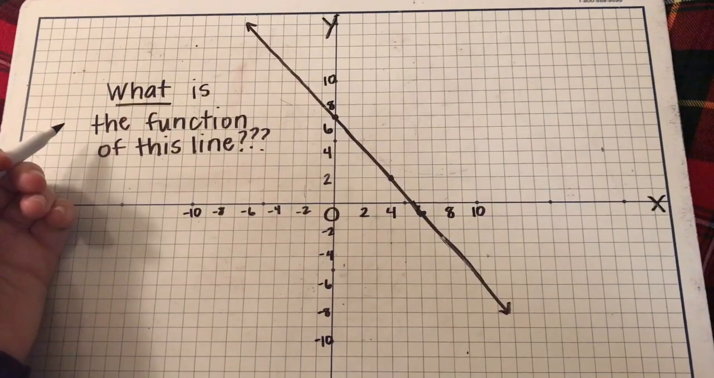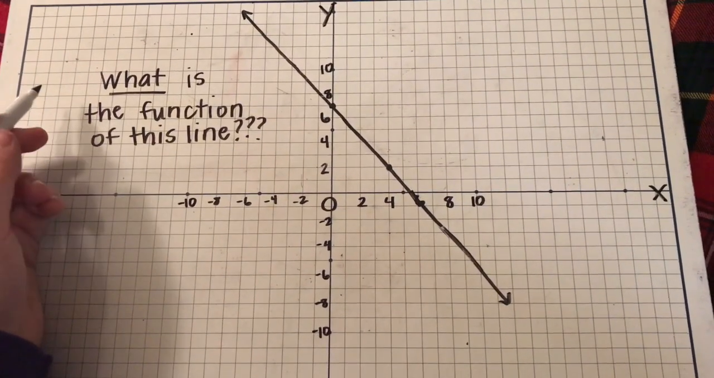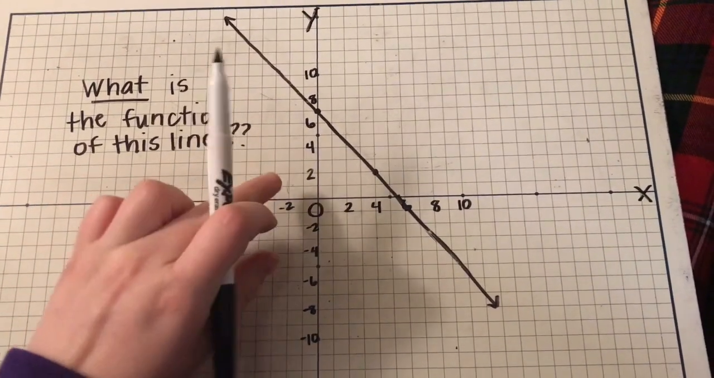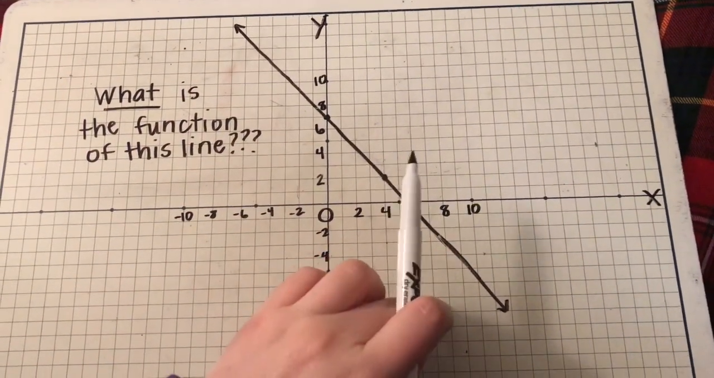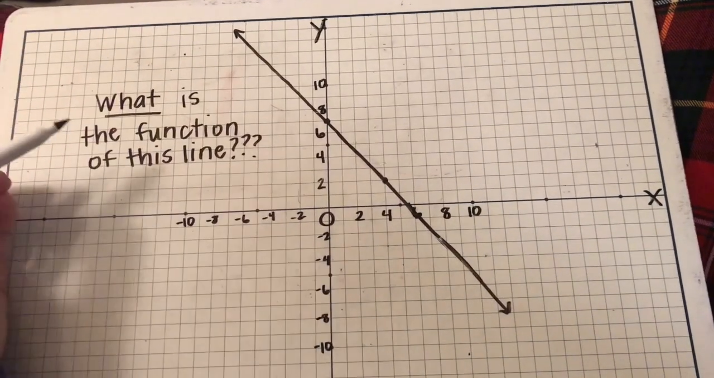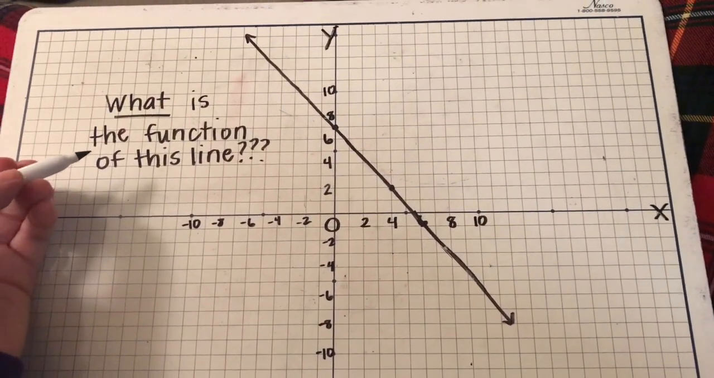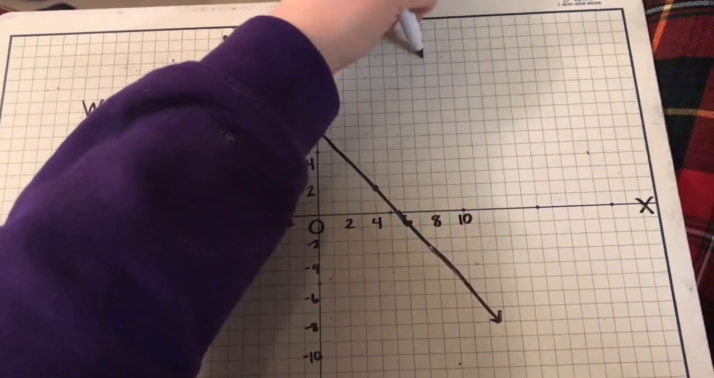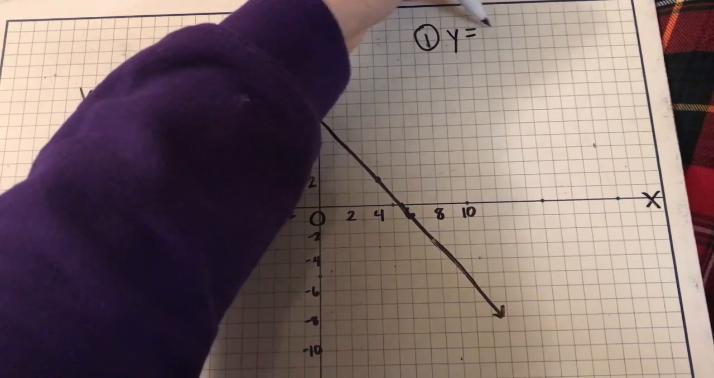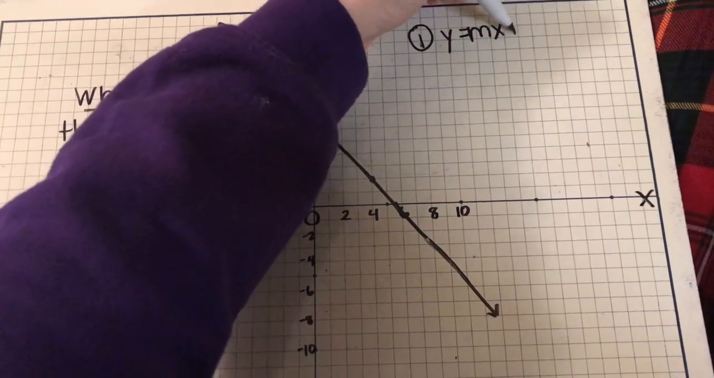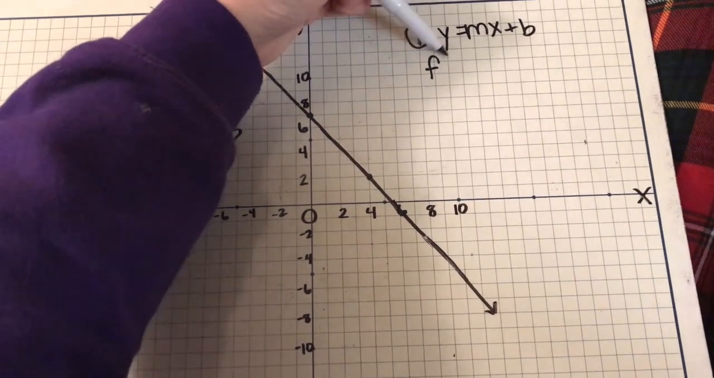All right, everyone, while we're reviewing some different topics, let's do something we've done previously. Revisit determining the function rule of a line from a graph. So our question is, what is the function of this line? All right, the first place I'm going to start is the equation of a line, which we've always known as y equals mx plus b. We also know that y can be written as f of x